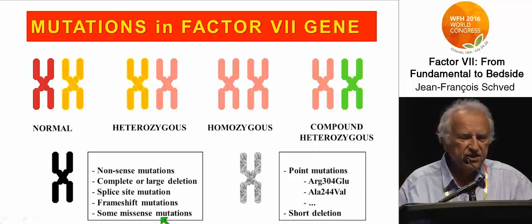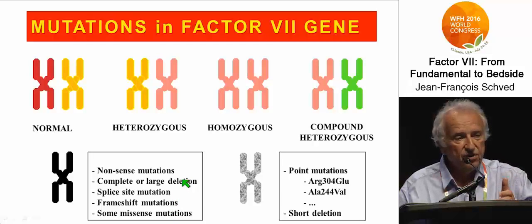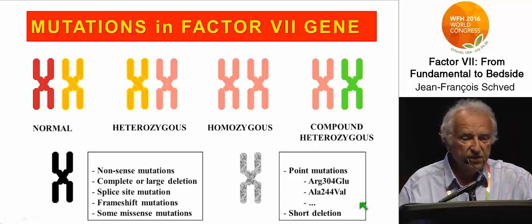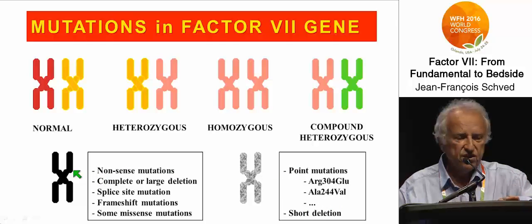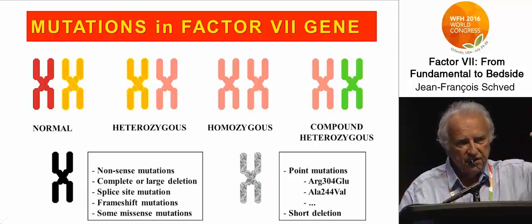And some missense mutations that I described previously, the mutation occurring on the catalytic domain, or the mutation occurring on the disulfide bond. And then you have, in gray, the mild mutations. A point mutation like this one, which is very, very frequent, and short deletions. So in the mutations, we have the severe and the mild. Then you can build the